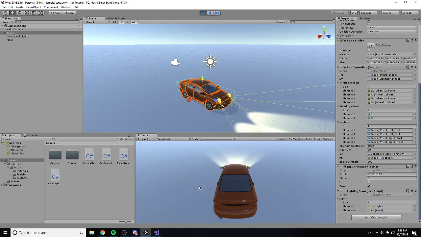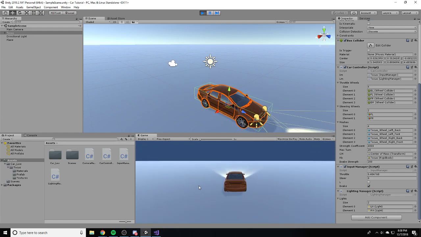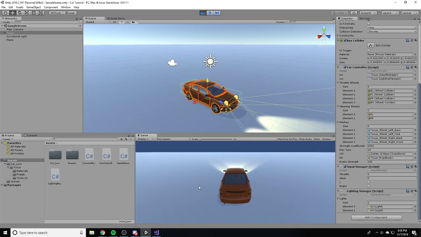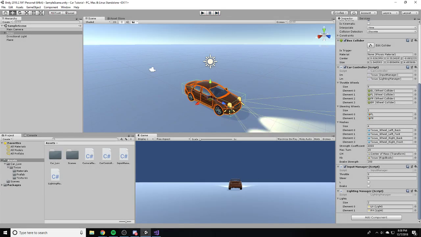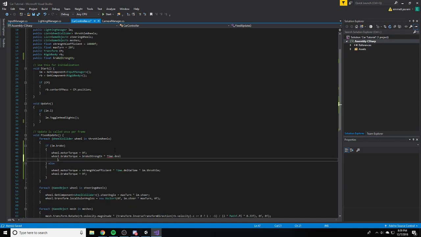And you may be wondering, why is this happening? Why isn't this at all realistic? What are you doing? Why did you do this? This doesn't seem to be working. But we will get to that in a second. First, though, I would just like to multiply in a time.deltaTime on this, just because I believe if you